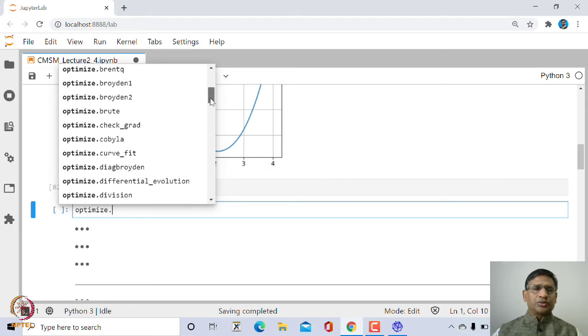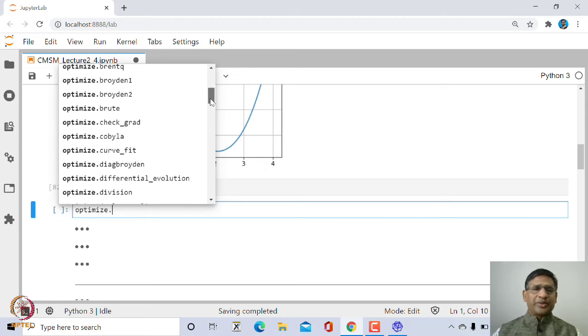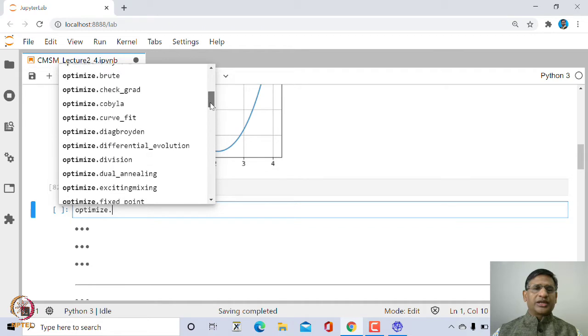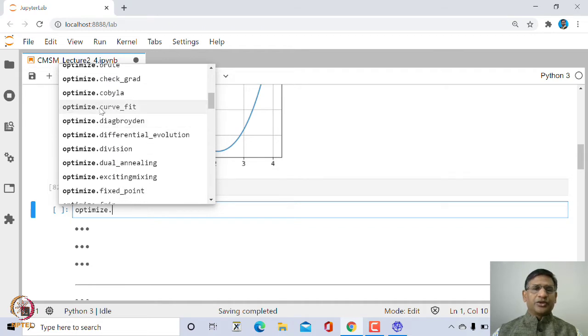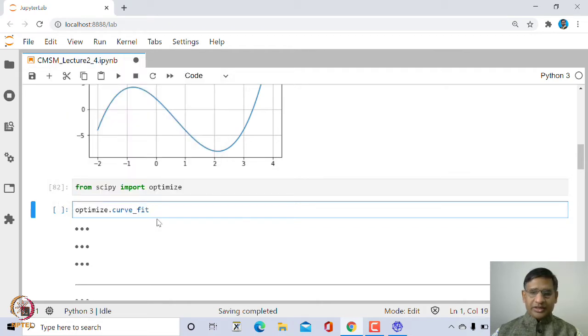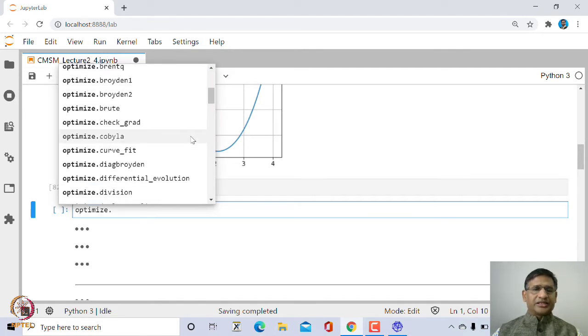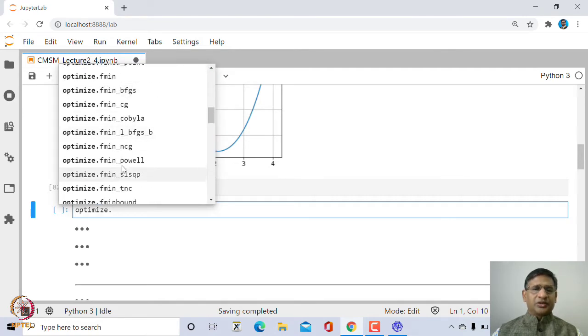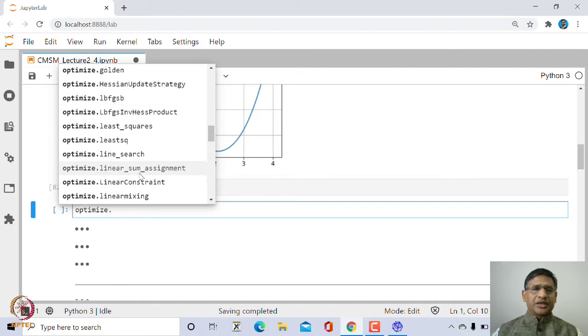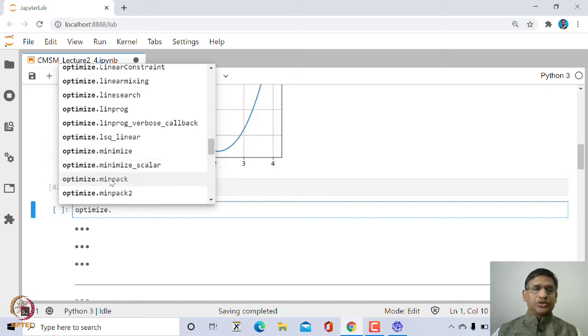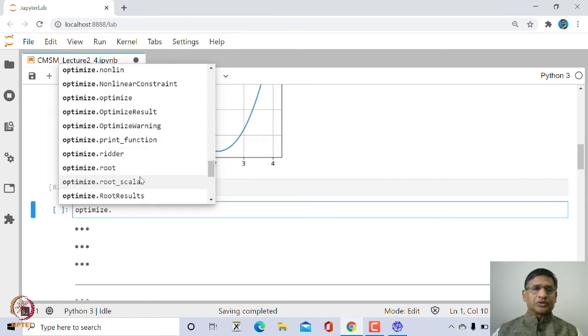In case you have gone through a course on optimization, you would be able to recognize some of the methods. Here you have curve fitting, and several methods including finding minimum and maximum. You can also use it for solving linear programming problems, and we also have methods to find roots.